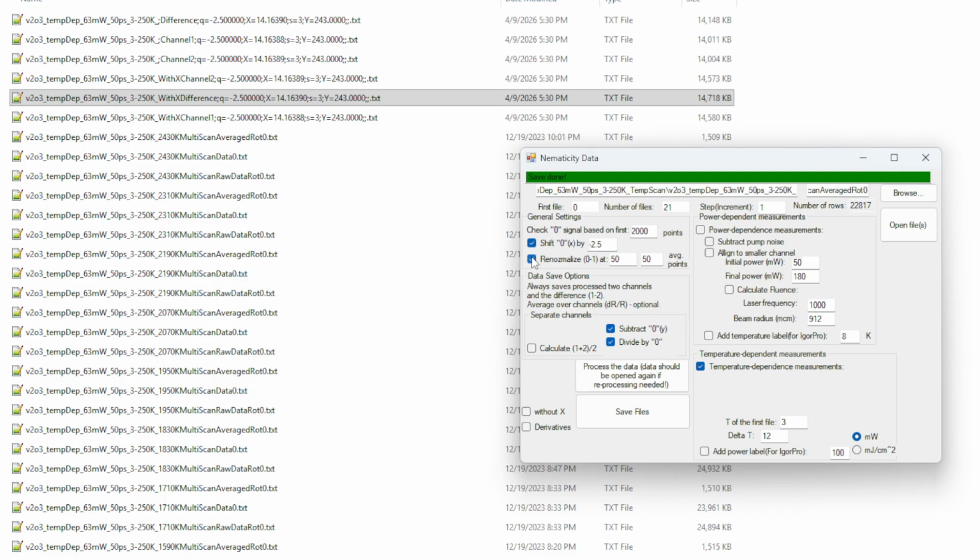Lastly, you have the renormalize options. This renormalize option will renormalize the transient reflectivity signal. Instead of calculating, for example, delta R by R, when you subtract reflectivity and divide by reflectivity, you just define that 1 is the value before the pump and 0 is the value at some peak, and this peak is defined by the central position of the peak and how many points you use to